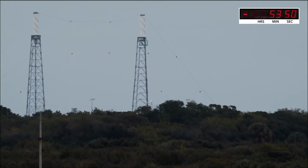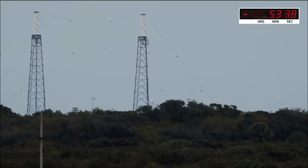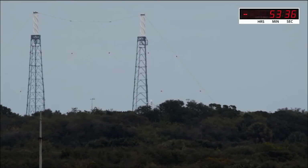This is the 5th orbital launch attempt by Astra in the company's history. 3 previous test flights back in September 2020, December 2020, and August 2021 from Kodiak Island, Alaska, suffered problems before reaching orbit and were unable to achieve orbital velocity. However, the company's most recent flight, back on November 20th, 2021, successfully placed a dummy payload into orbit for the